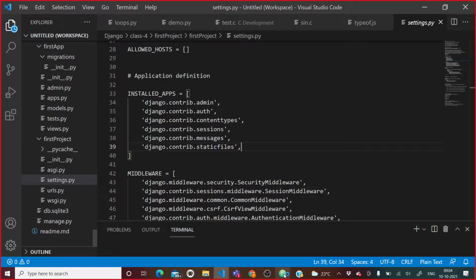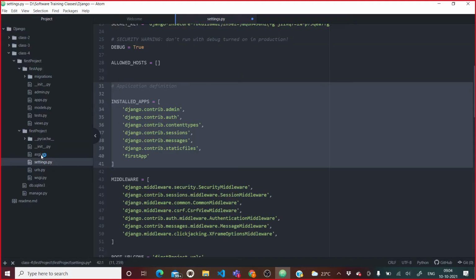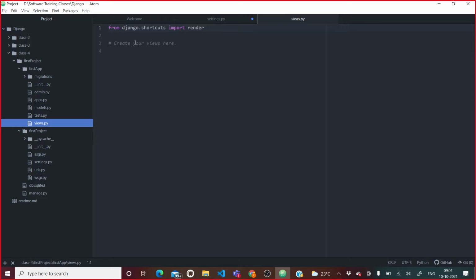I need to come here. See, views.py is not there in the project folder; there is no views.py in the project first folder. It is in our first app folder, so in our application. And here it says, create your views here. So we need to create our views here.